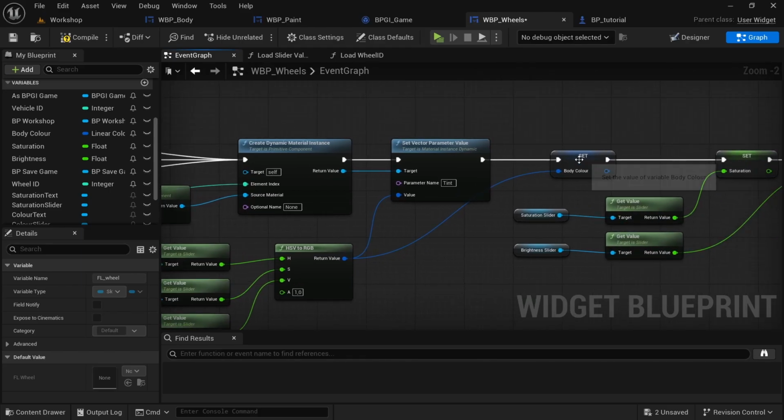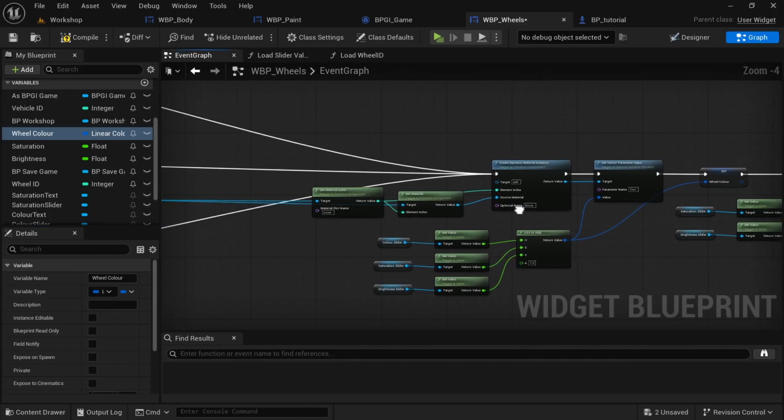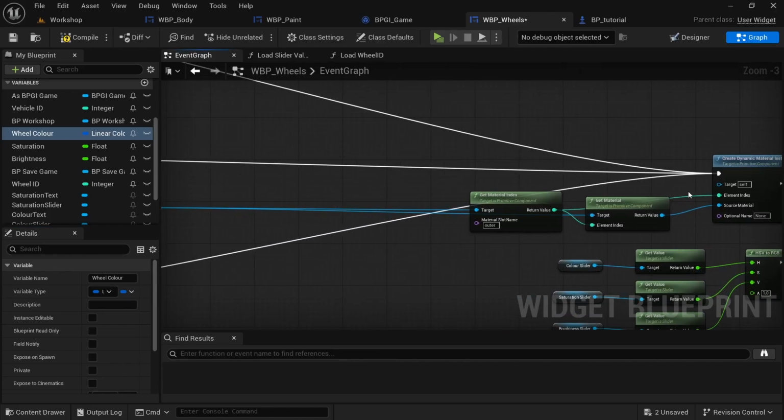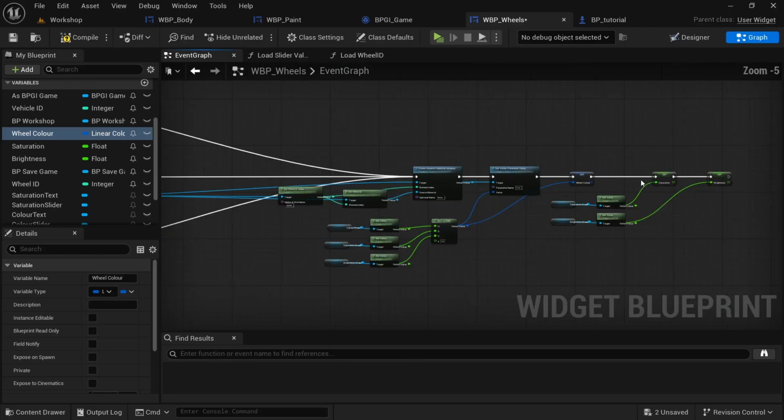And then we're going to take the set body color and then rename this to wheel color, and then also by the set scalar parameter value. Remember also to change the parameter name to the one that's going to be targeting the wheel. And then also by the create dynamic material instance, remember to connect that also to the wheel. And then